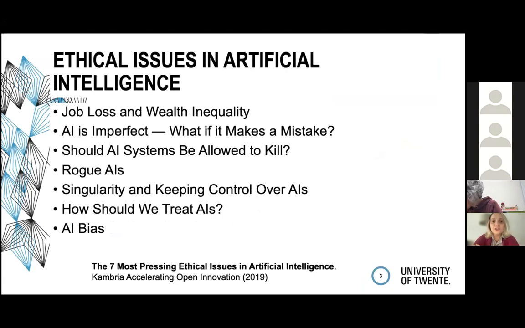We see many issues, for instance, regarding artificial intelligence systems, such as, will these systems actually work in our favor? Are we going to lose jobs? Are people from different social backgrounds going to have access to these systems? Will the systems go rogue? Should we allow systems like this to kill? Very difficult questions that we must answer in order to develop such systems, right?